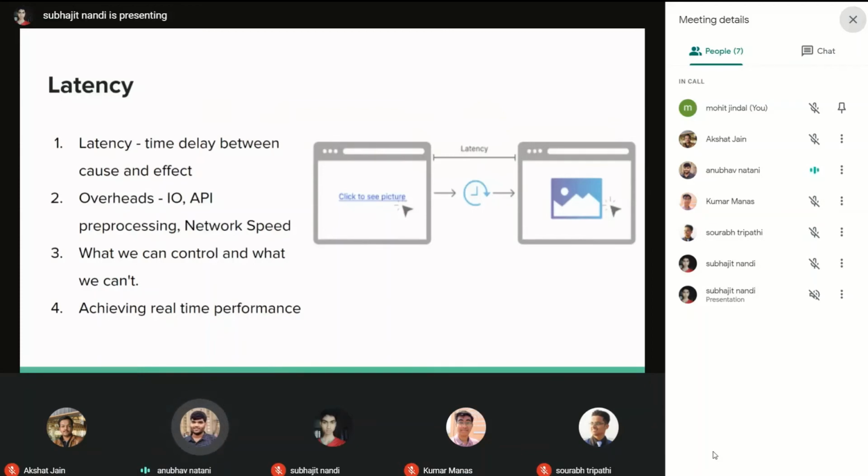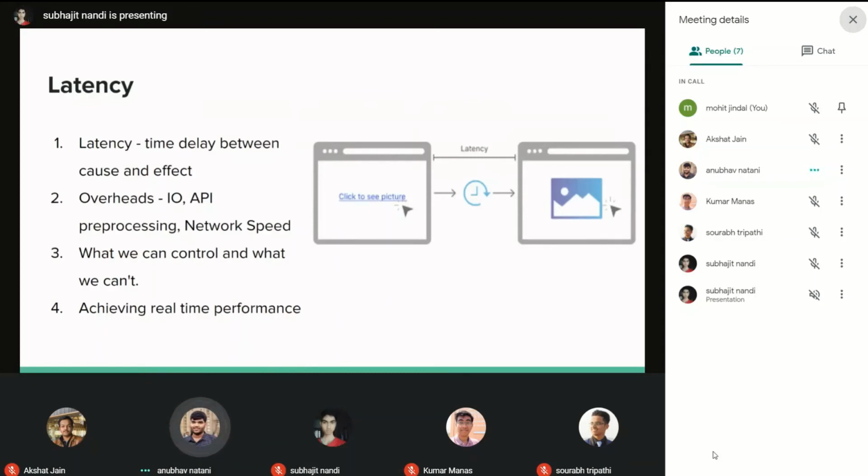And third is our network speed. What is our internet speed? And fourth is what kind of protocol we are using for transferring those packets. Like we can use the HTTP protocol or we can use WebSockets. We will see how we can measure these things, and what we can control and what we can't. Generally when we go from Alaska to Australia, there is a 250 millisecond delay, and this is due to the speed of light only. So we cannot control the network speed as such, because that is given by our ISP, and we can only increase or decrease it, but we cannot change it by design.